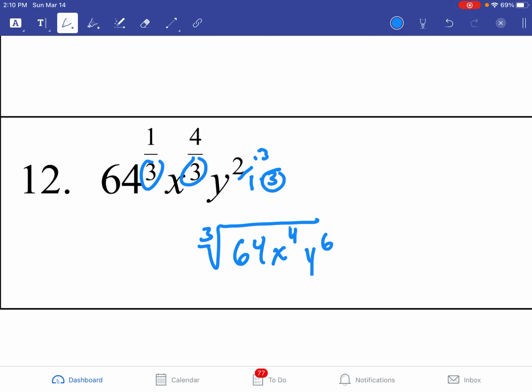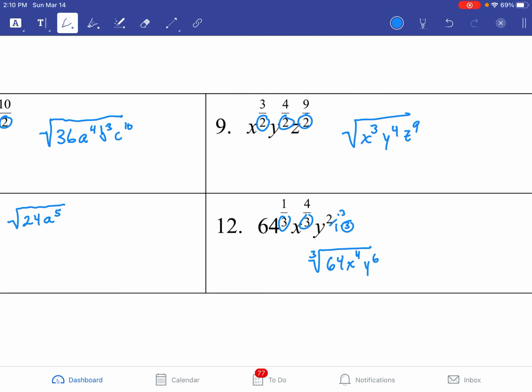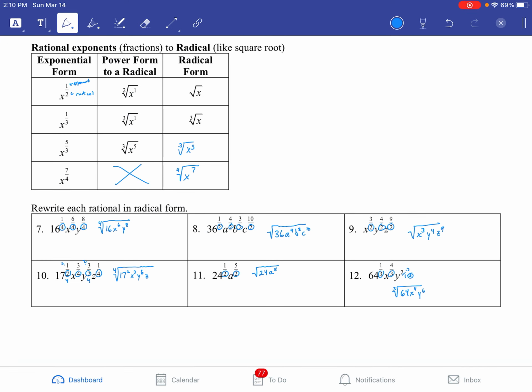Okay, now again, we're not often going to show you the reduced versions just for the sake of time and effort for this unit on our shortened year, basically. So that's converting radicals to fractional exponents and back. All right, try the practice, ask questions if you need help, and